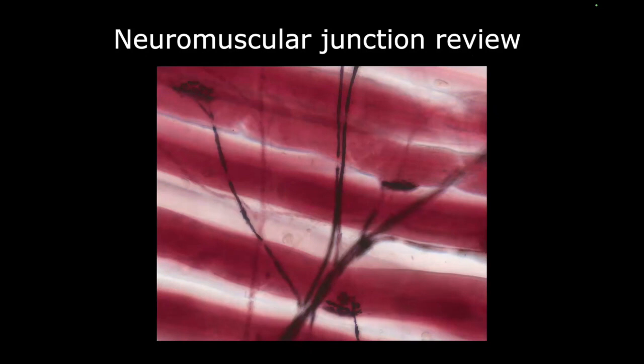Excitation-contraction coupling is the process by which an action potential generated in a motor neuron triggers acetylcholine release at the neuromuscular junction, which produces an endplate potential that initiates a muscle action potential. This action potential will spread down T-tubules to activate specific dihydropyridine receptors that mechanically gate ryanodine receptors on the muscle cell's sarcoplasmic reticulum. That causes the release of calcium, which binds to troponin C to initiate cross-bridge cycling and muscle